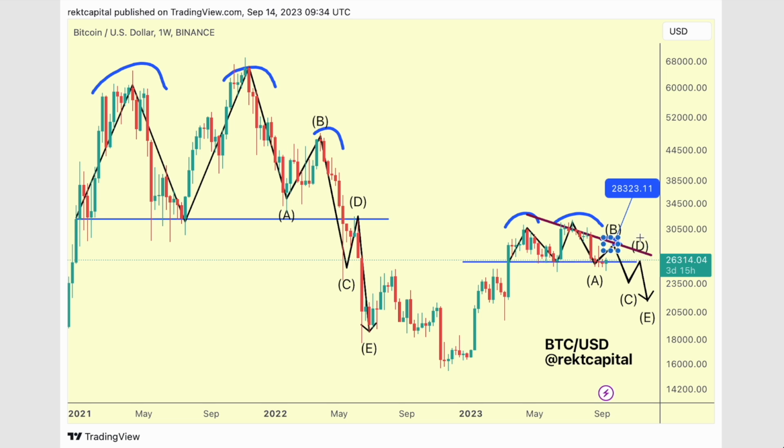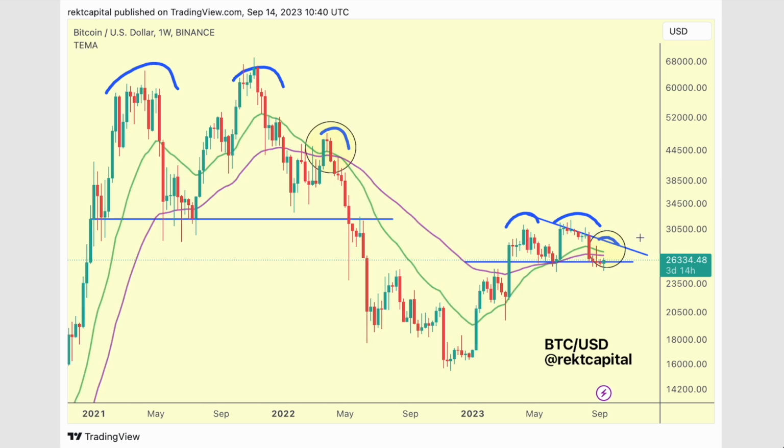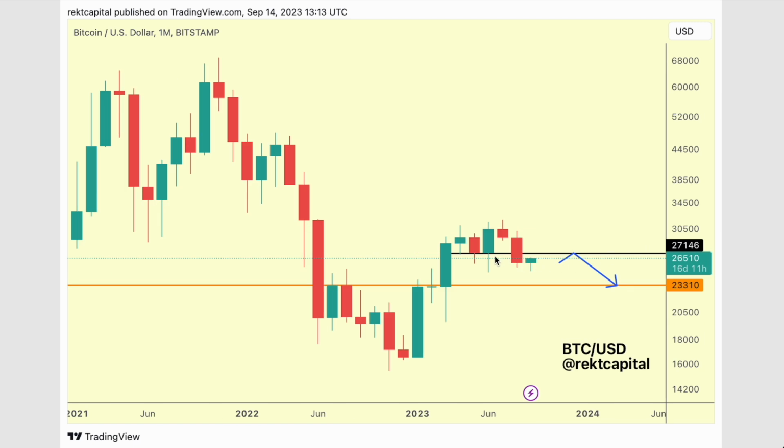That's something that could potentially be happening with this fractal, and an overextension beyond the bull market EMAs could be that final FOMO rally should we manage to even break beyond here, because of course at the same time we could reject at these bull market EMAs just like we did a few weeks ago. So that's also a possibility, because the bull market EMAs are around the 27k region.